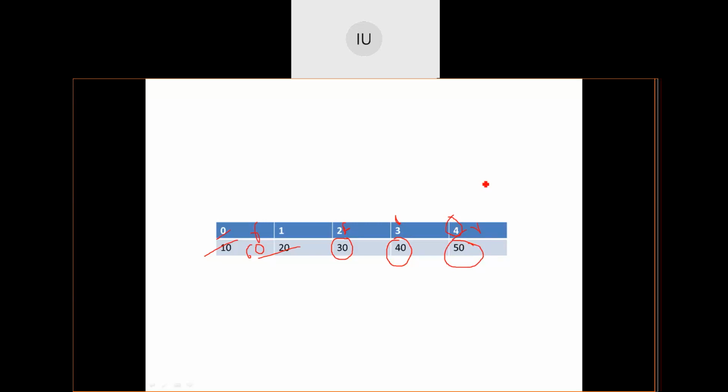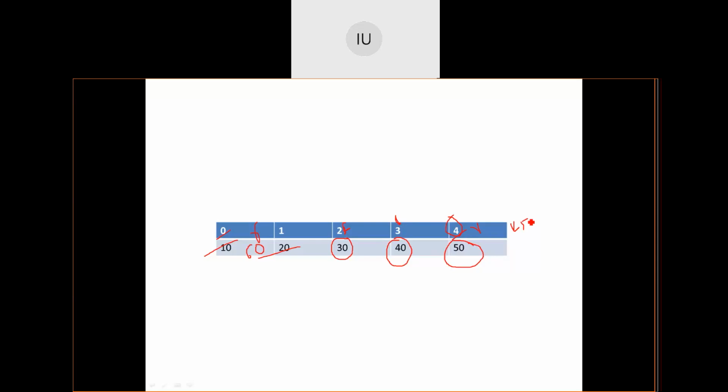Is it equal to rear? What is I now? I value is 5. Is it equal to rear? Where is my rear pointing right now? Can you quickly comment? Where is the rear pointing right now? 5 or 0? I'm not asking about I, I'm asking about rear. I will repeat the instance if you want.